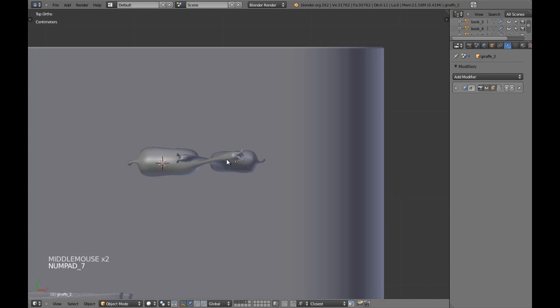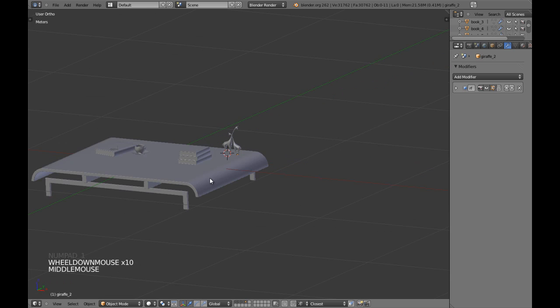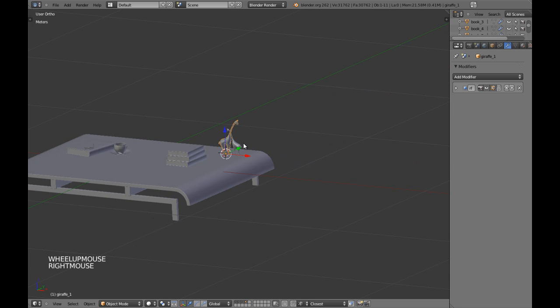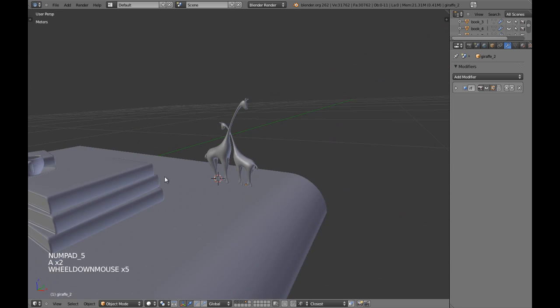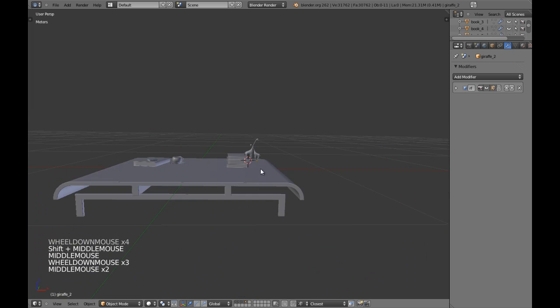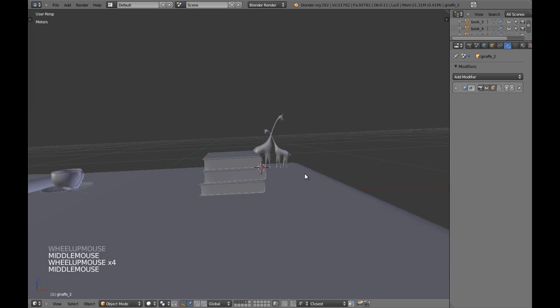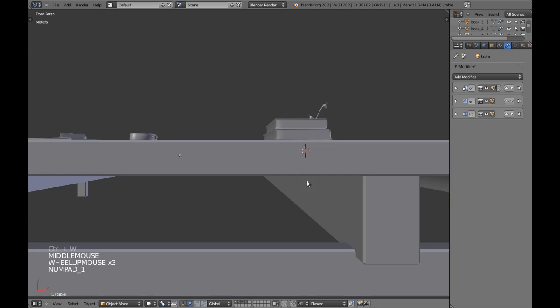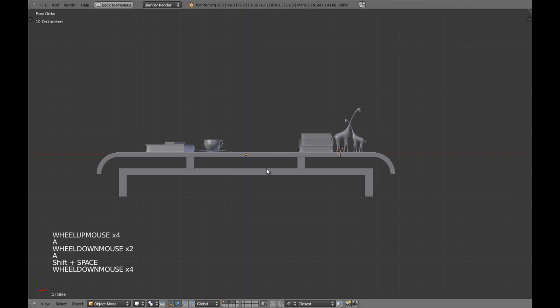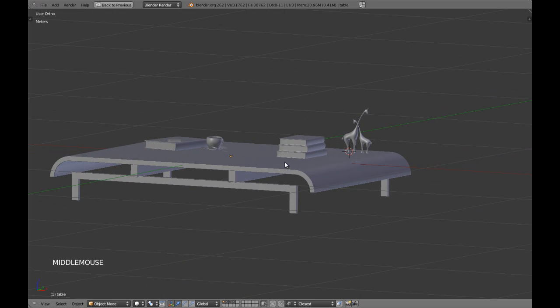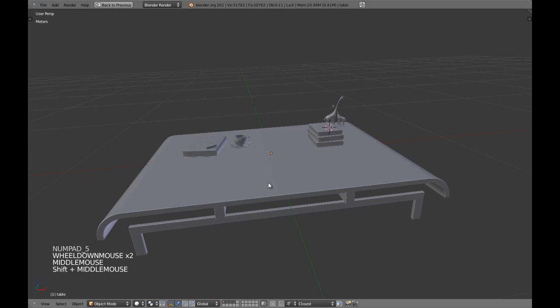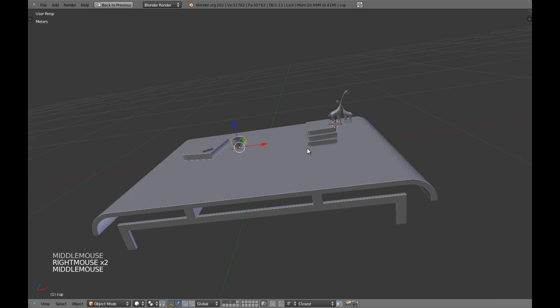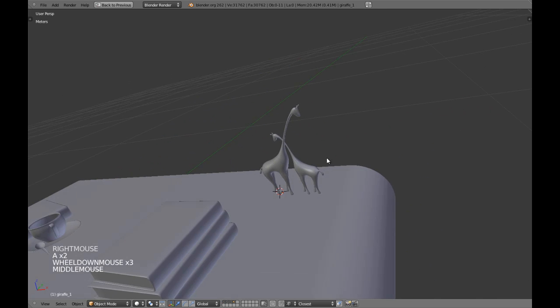When I say later, I mean I don't know how far into the rendering tutorial that is. But yeah, you will notice that this is pretty much as in the final result. We have created a table with a lot of things, books, the coffee, the giraffes,